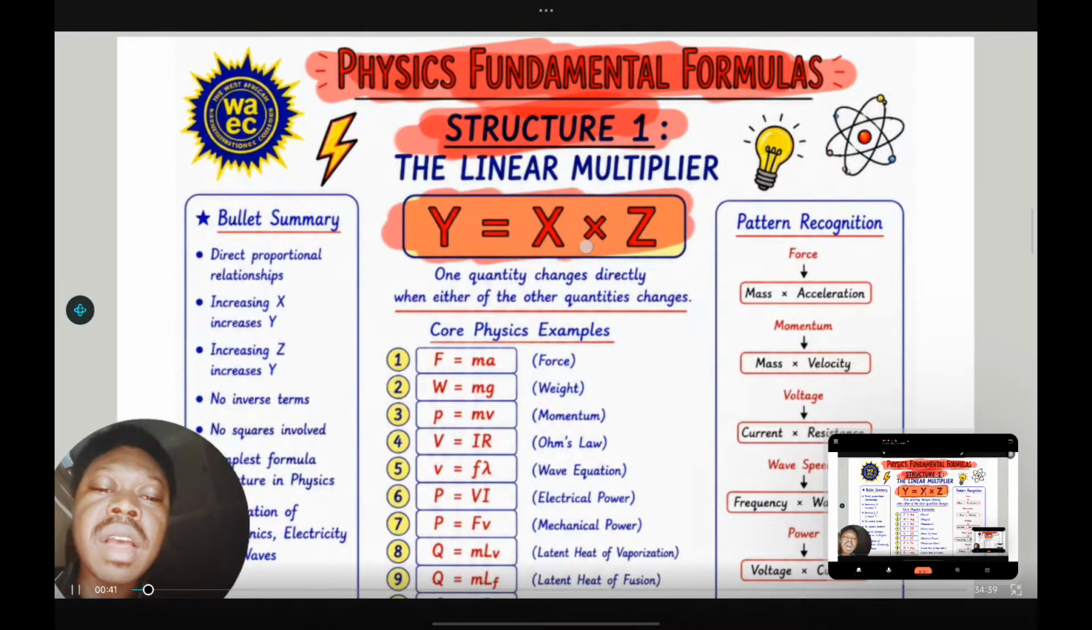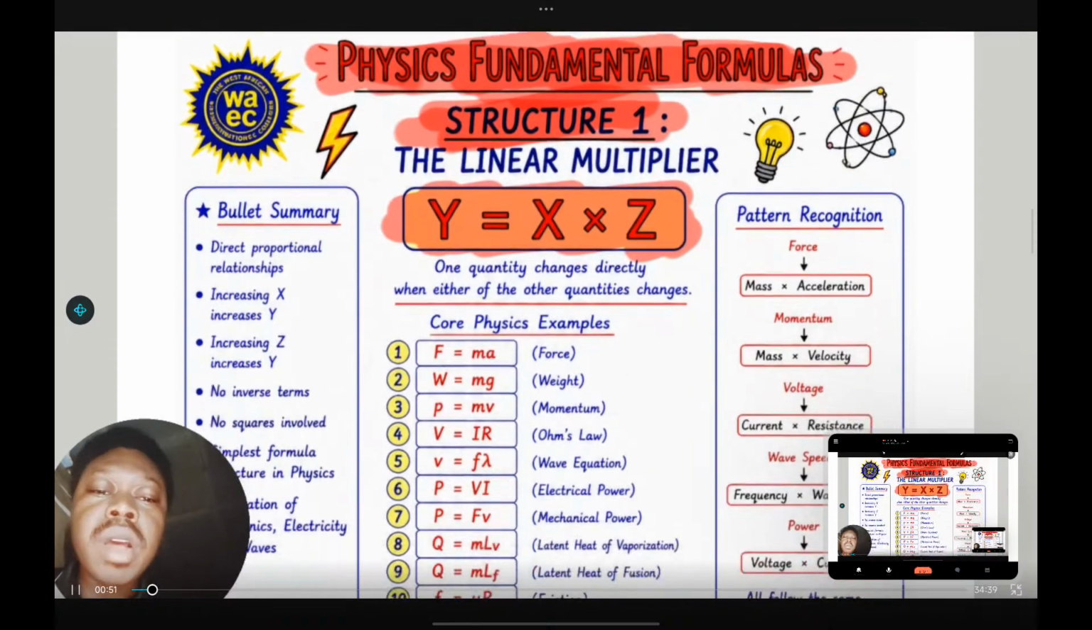You'll never have to suffer to memorize physics formulas again. Physics will become so simple and so familiar to you. I hope this tutorial,